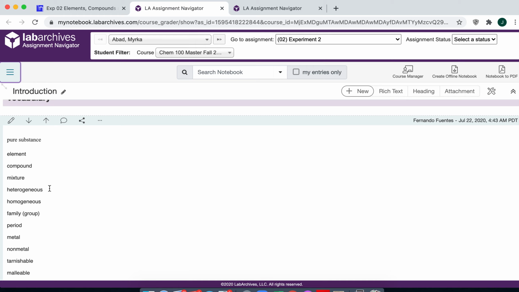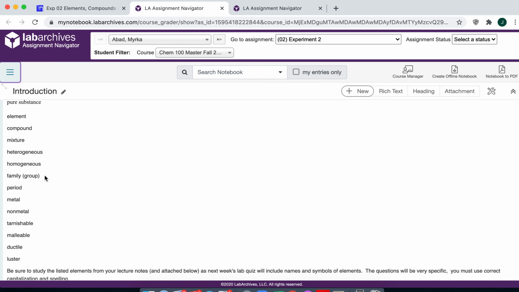The mixtures. There are 2 different types of mixtures, heterogeneous and homogeneous mixtures. So make sure you know the difference between the 2 types of mixtures, and families or groups. All the elements in the same column are considered the same family. All the elements belonging to the same horizontal line are considered the same period, and make sure you know the difference between